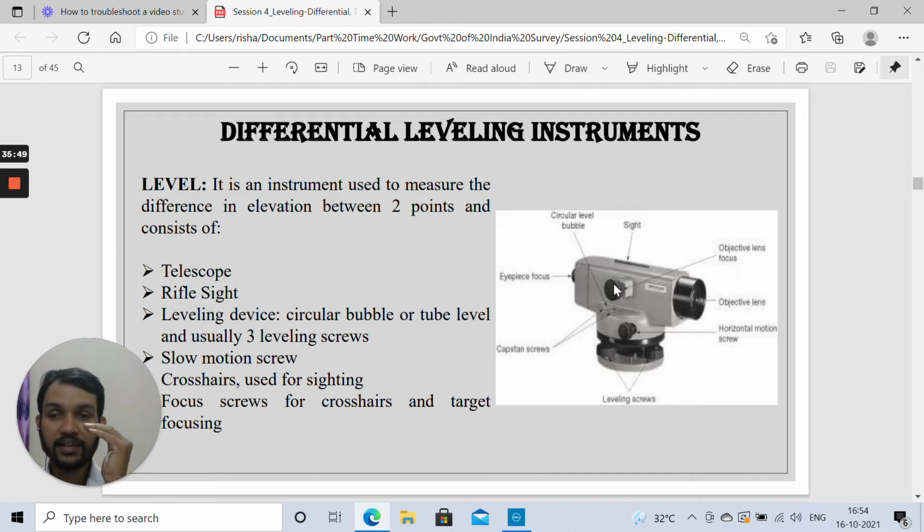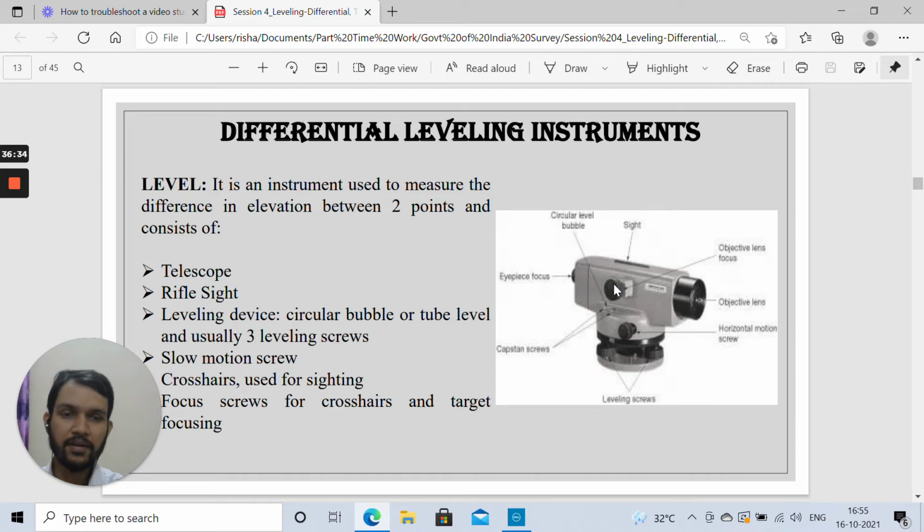If you are not getting a clear sight, it depends upon the distance at which the staff is. If the staff is very far apart, then you will have to focus it so that you can see those readings. If it is very close, then you would have to focus it that way. So to focus the telescope, the focusing knob is given, which you can rotate either clockwise or anti-clockwise, until you see a clear image of the leveling staff. When you look through the telescope, it has 3 horizontal crosshairs and 1 vertical crosshair. Wherever the vertical hair and the central crosshair intersect, that gives us the exact reading. So the central one is what you need to look at for the horizontal.